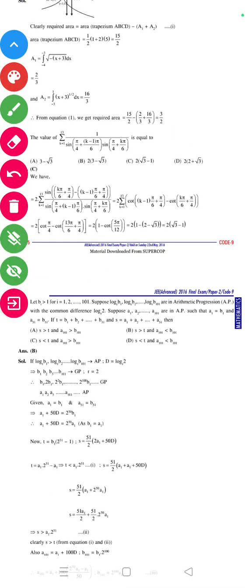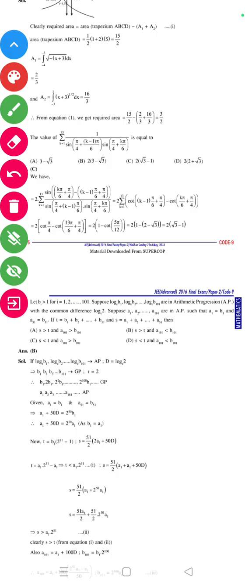अगला क्वेश्चन है कि द वैल्यू ऑफ द सिग्मा के बराबर 1 से 13, 1 बाई साइन (पाई बाई 4 प्लस (के माइनस 1) पाई बाई 6) साइन (पाई बाई 4 प्लस के पाई बाई 6) इक्वल टू, तो वी हैव 2 इंटू सिग्मा के बराबर 1 से 13 साइन ((के पाई बाई 6 प्लस पाई बाई 4) माइनस ((के माइनस 1) पाई बाई 6 प्लस पाई बाई 4)) by sin(pi 4 plus (k minus 1) pi 6) into sin(pi 4 plus k pi 6) is equal to 2 sigma k equals 1 to 13 of cot((k minus 1) pi 6 plus pi 4) minus cot(k pi 6 plus pi 4)